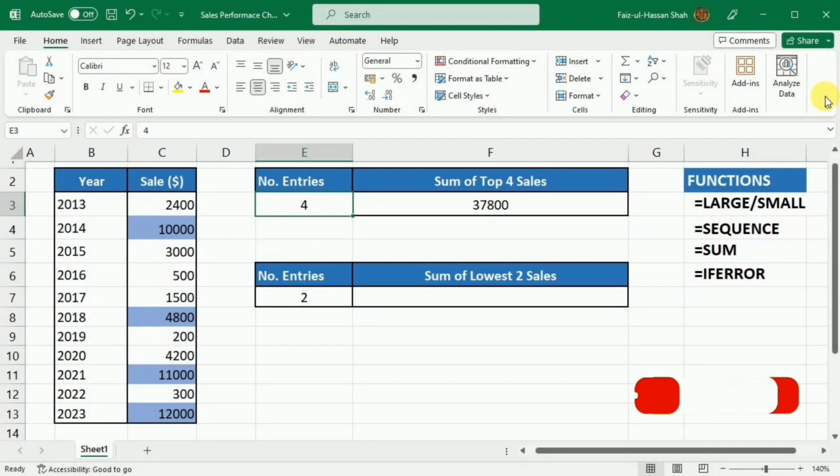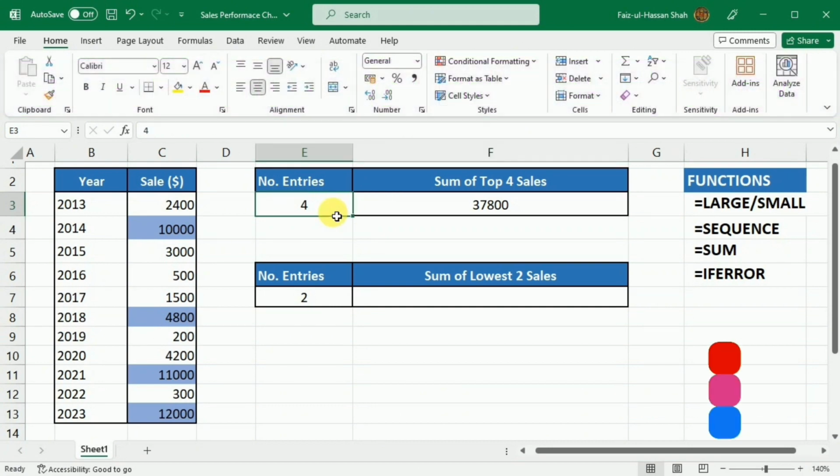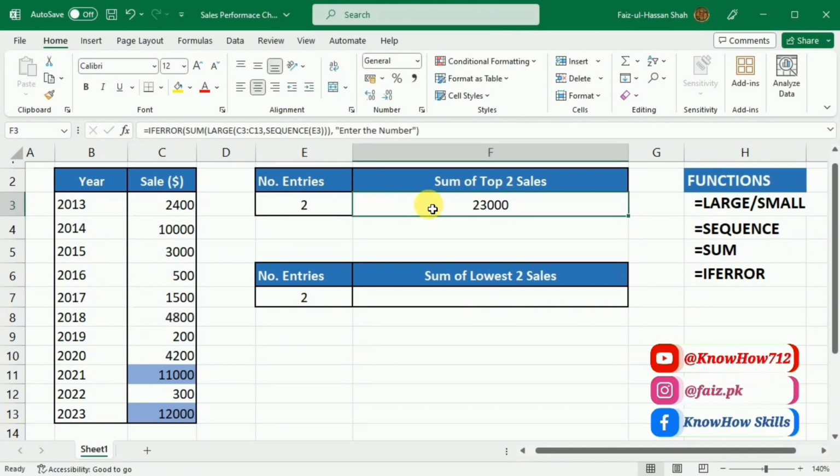Welcome to the world of data-driven insights with Microsoft Excel. In this mind-blowing tutorial, we are about to unveil a super useful Excel formula that will revolutionize the way you analyze sales data. In this Excel sheet, you can see if I write 2, it gives me the sum of